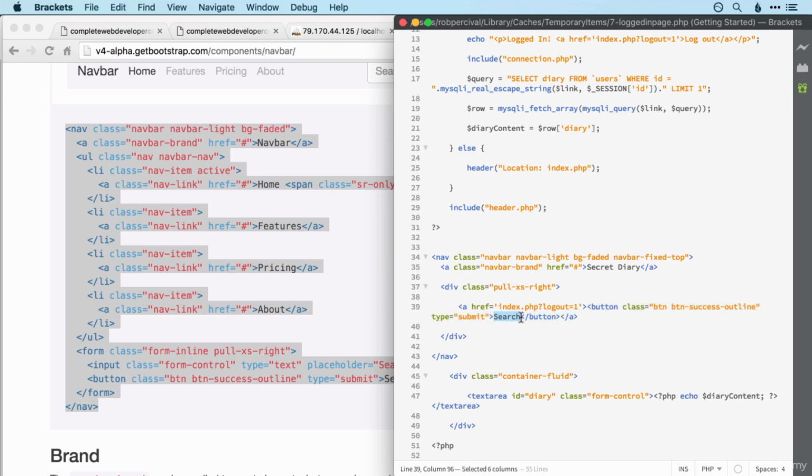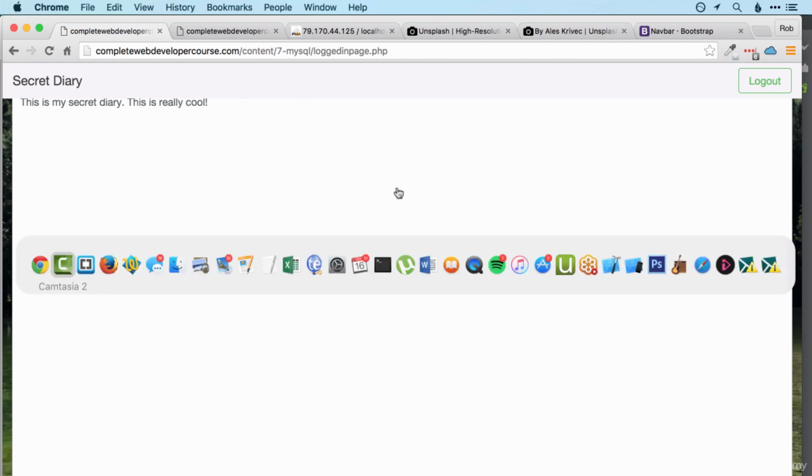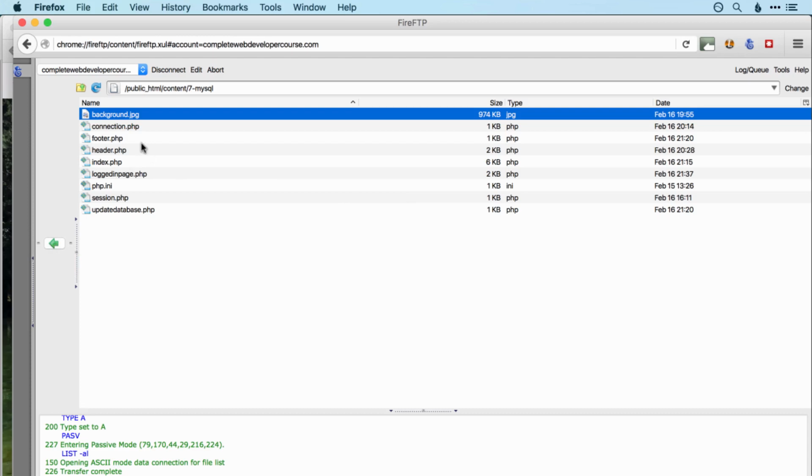And then we want to change search to logout. All right, let's take a look. Okay, that's pretty good, but our text area is of course hidden behind our navbar there, so we should be able to fix that quite easily with a quick margin